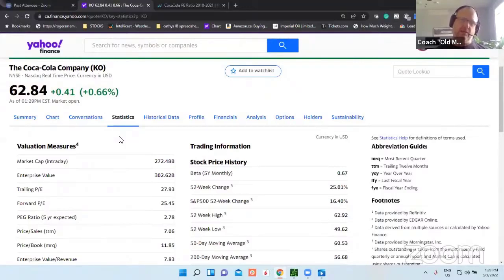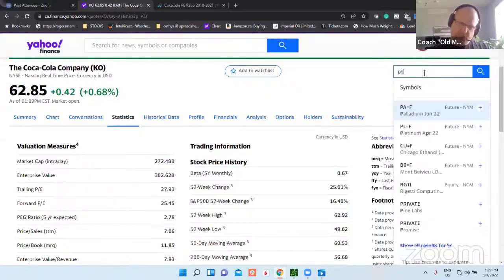You got to kind of look at it objectively and say, okay, in relation to something else, how is this doing, right? So you want to look at the 5-year expected. That's this PEG ratio down here. So right now we can look at Coca-Cola and we can see that we got a PEG ratio of 278. So what does that mean? Well, if you look at Peter Lynch, he says that PEG ratio is too high. You know what I mean? So maybe there's too much of a growth component in there, or the earnings aren't high enough, or the price of the stock is too high.